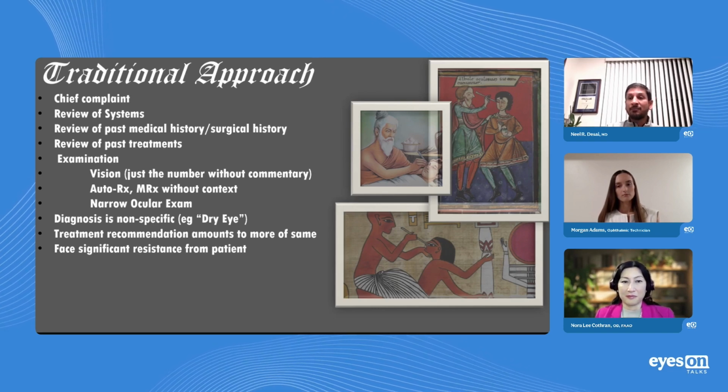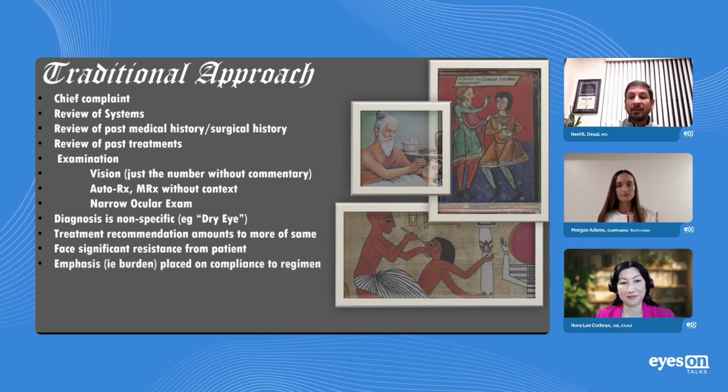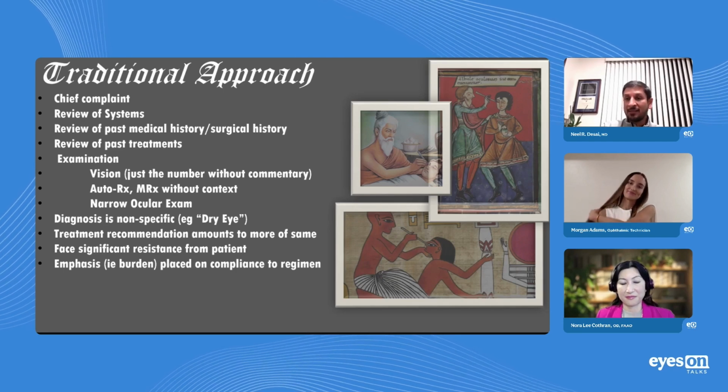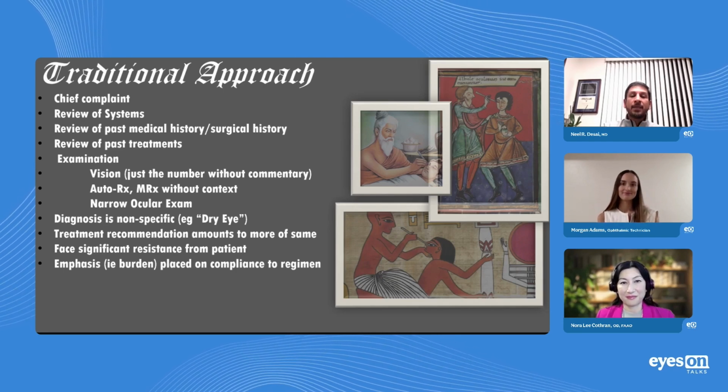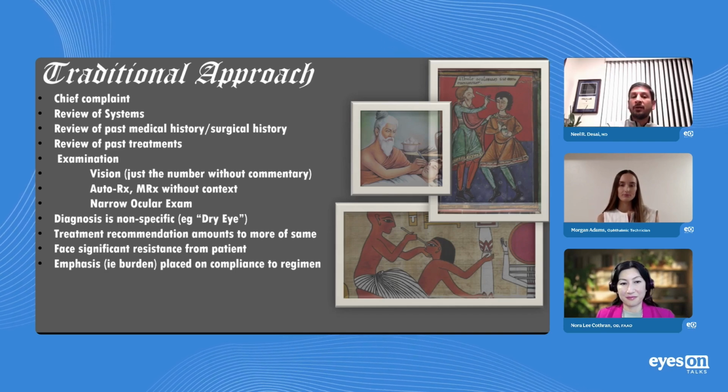"I don't think I have dry eye, doc. My vision's just blurry. The glasses you gave me are the wrong prescription. The cataract surgery you did for me, I think you put the wrong lens in because I'm not seeing that great." And so all of our treatment recommendations historically used to put all of the burden on the patient